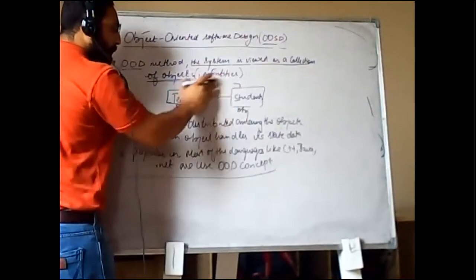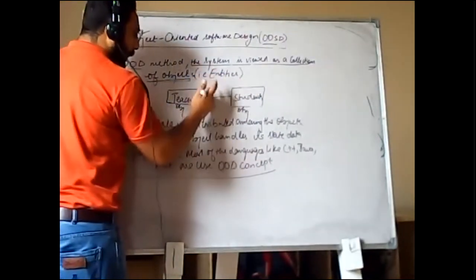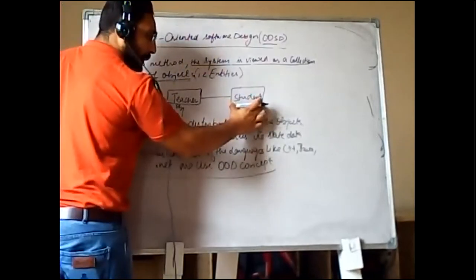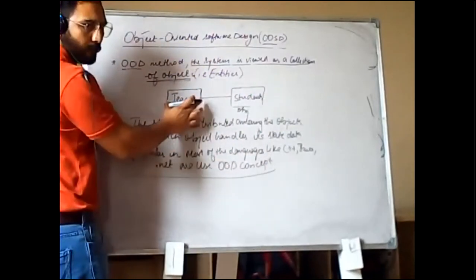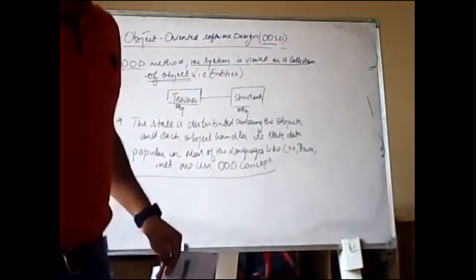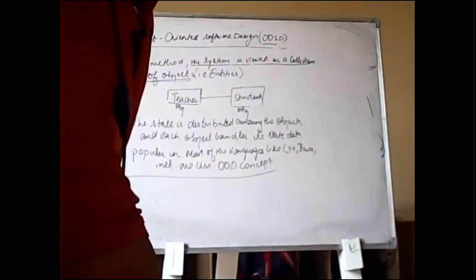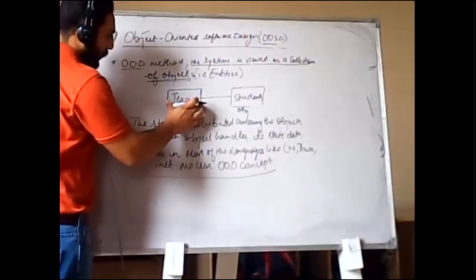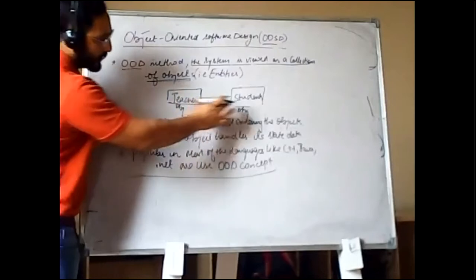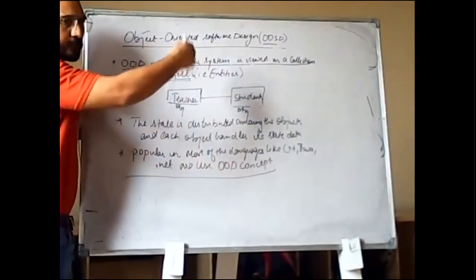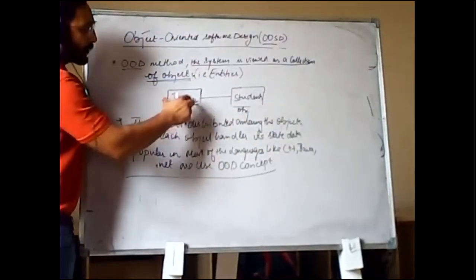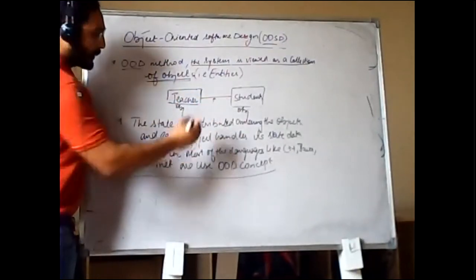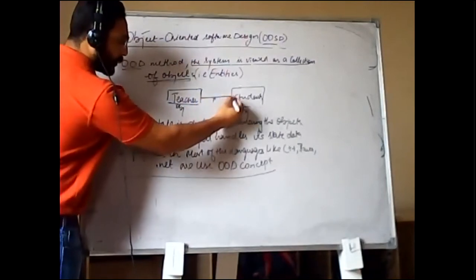So we have to view our project or system in the form of a collection of objects, and these objects are also called entities. This is your entity, also called an object. We are talking about the OOPS concept. In graphical notation, this is a single entity, this is another entity, and in the same way we have to draw further entities. And this is your relation. This line represents your relation.